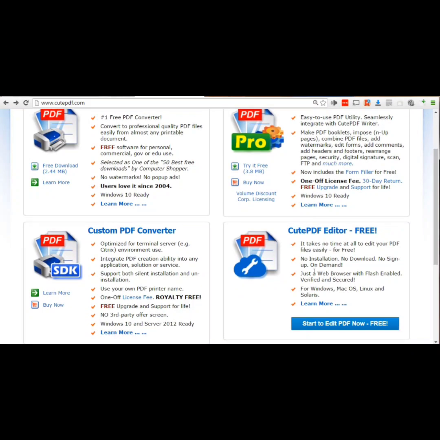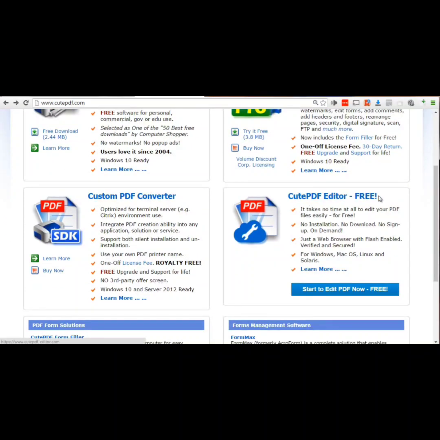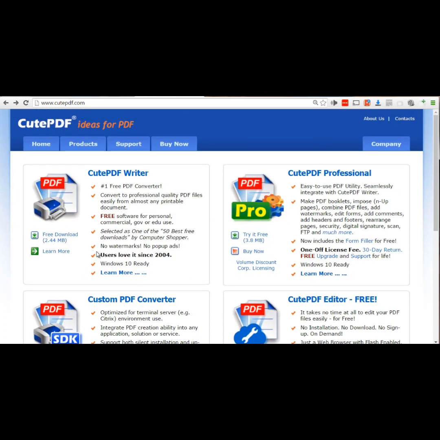Now, there are other softwares out here, such as the CutePDF Editor, which is free, and the Custom PDF Converter. You don't really need this unless you are going to build a piece of software that you want to have the ability to convert PDFs. So really what it comes down to is to make this process work, you need to go ahead and download this. So click on free download and go ahead and install that, and then you will need the CutePDF